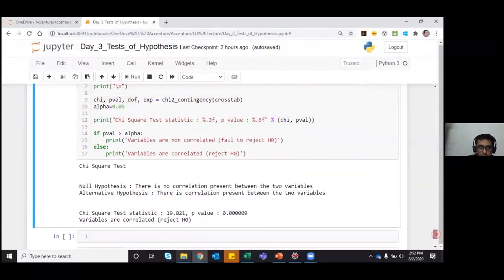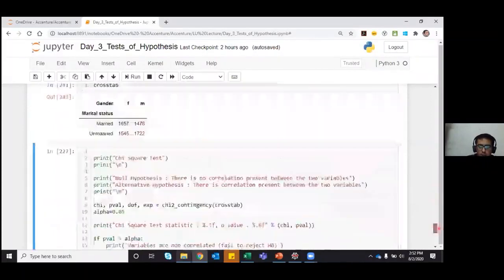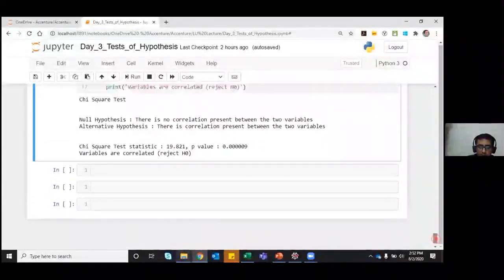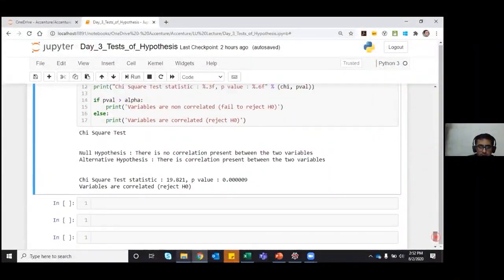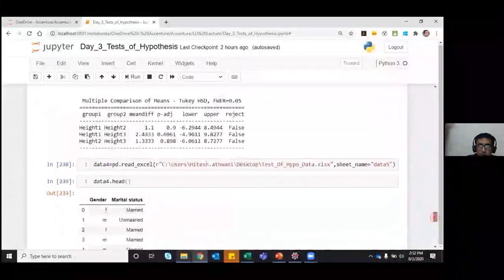So we have covered the parametric and non-parametric tests, which include chi-square and Spearman, but I won't be discussing the other non-parametric tests in detail given the time constraints.